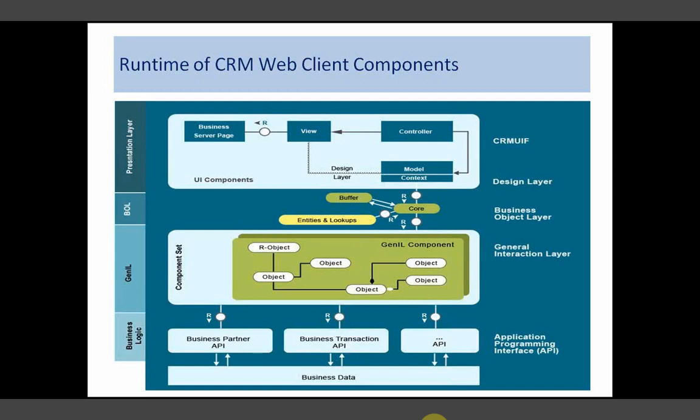So when I access CRM with SAP GUI, not the web UI, which layers are in play? Is it only Genil and the business logic layer? Yes, absolutely, that's what Genil says. You can use me in a web UI, and you can use me in some function modules as well. I see.